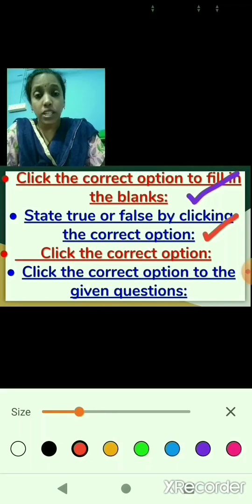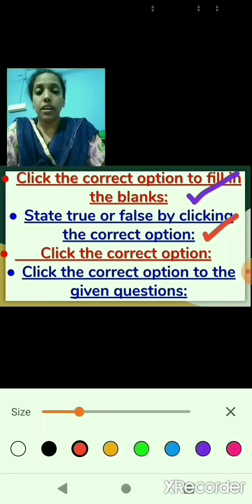If you don't understand, read the statement twice, thrice till you understand it. Then you have to click on the correct option, that is true or false. 2 options will be given. If the statement is true, click on true. If the statement is false, then you can click on false.